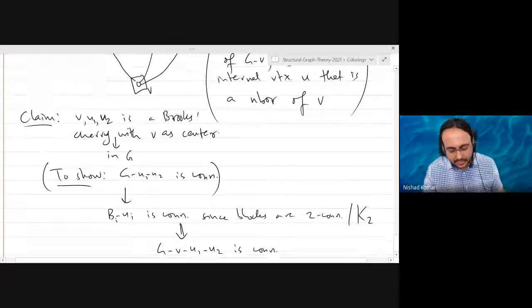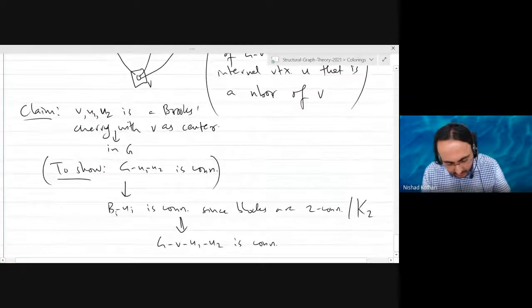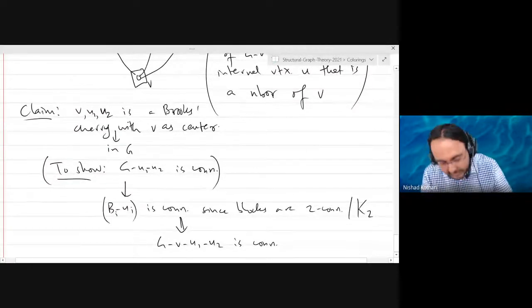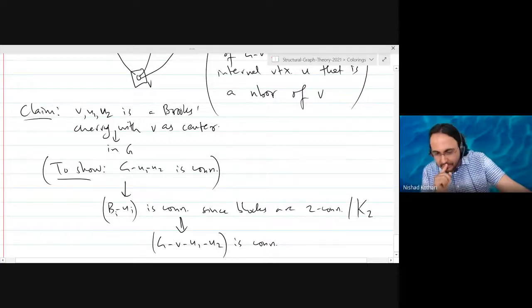What about V? Now I want to put the vertex V back into the picture. Notice that we are talking about the blocks of G minus V. So I have to remove the vertex V as well, right? No, but I have a question. Why have you written G minus V? It will be simply G minus E1 minus E2. No, you tell me why. I want to say that you can put the vertex V back in the picture and you will still have a connected graph. But I don't want to jump to that statement, right?